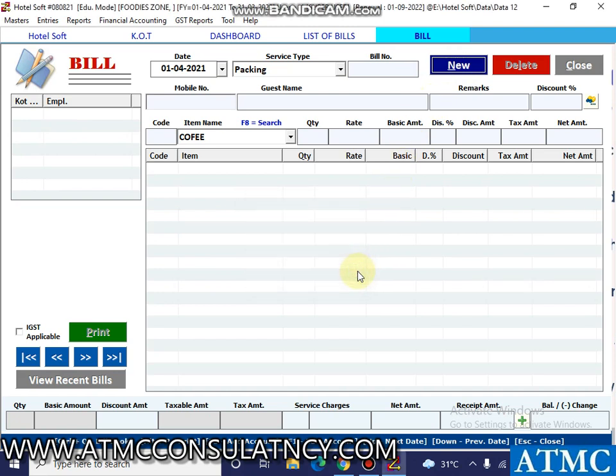So this is how the software is used. We tried covering all the important points. Still, if there are any queries or doubt, please feel free to contact our team at given contacts.